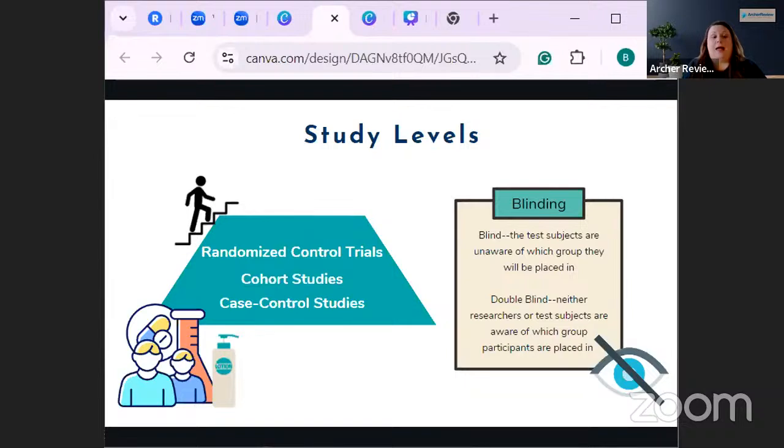We don't know because we're blind, right? Also, cohort studies would be next after this. These are going to be a type of longitudinal study. However, the reason that they get put up a little bit higher on the hierarchy is because this group is actually going to be followed over a long time to observe the relationship between the risk factor and the disease